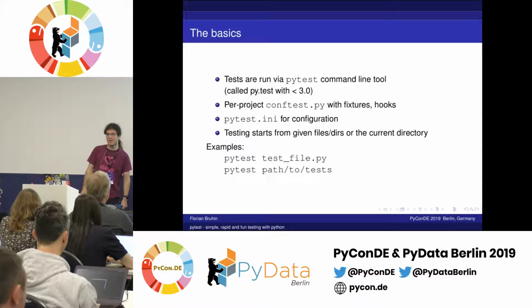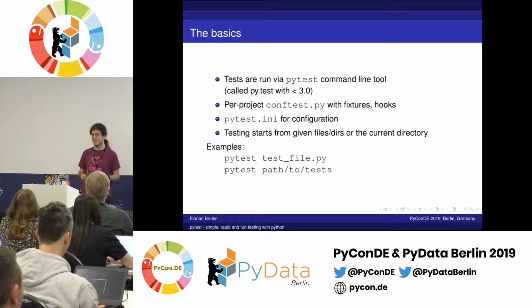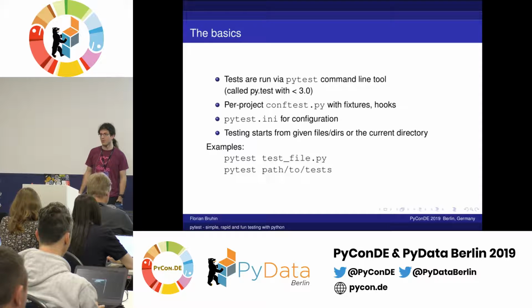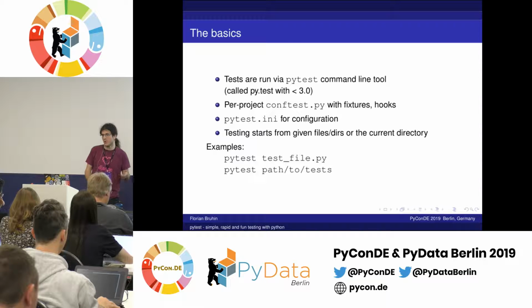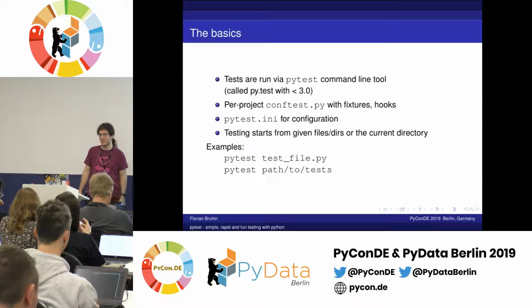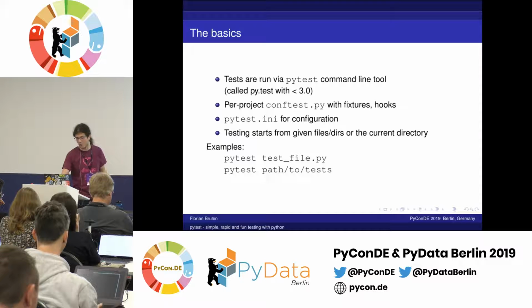What you often see in PyTest projects are two files. conftest.py files, which have some global objects for the test suite, things like fixtures or hooks, which we will look at later. And a pytest.ini file for configuration. So it's more like a declarative thing where you can say, for example, I like those command line options. If I run PyTest without any options, just act like those options would have been given. For example, for more verbose output, so you could always have verbose output without having to call it with -v or --verbose.